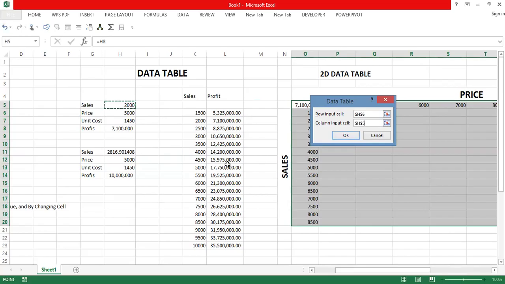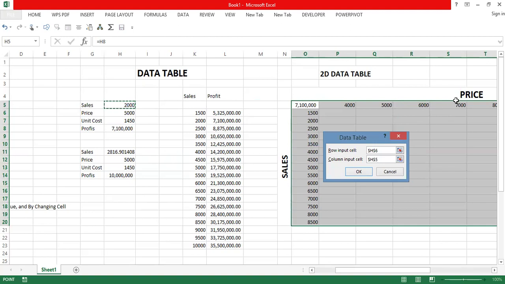The row is price. Look at it, its price. The column is sales. The row is price. You remember when we were doing the